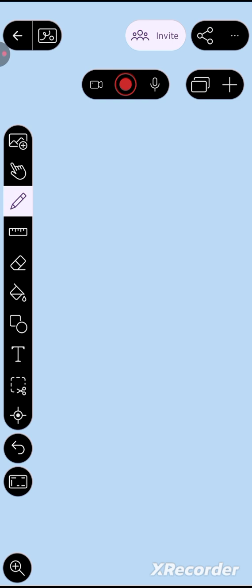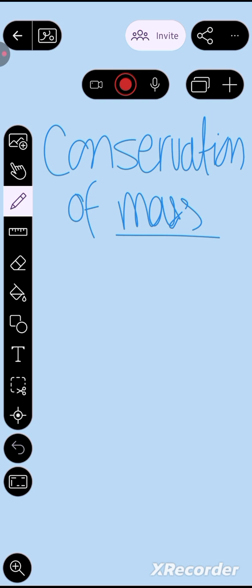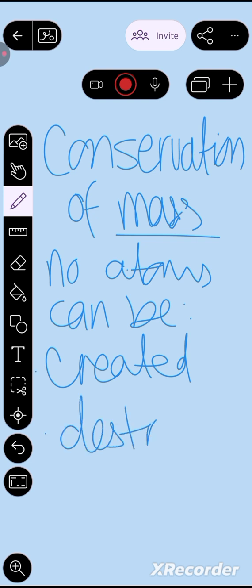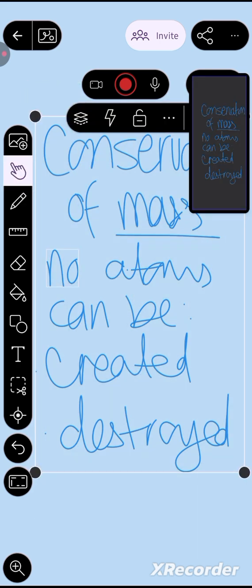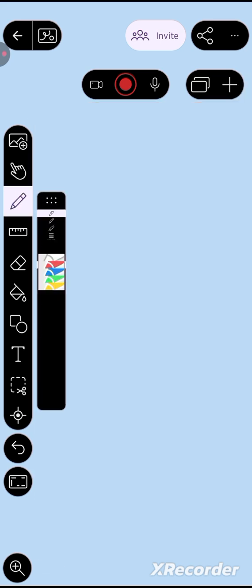So when you then go on to talk about the conservation of mass, the conservation of mass means that no atoms can be created or destroyed. This is the same as the conservation of momentum, for example. So, when you've got the conservation of mass, that then leads us on to the next point,